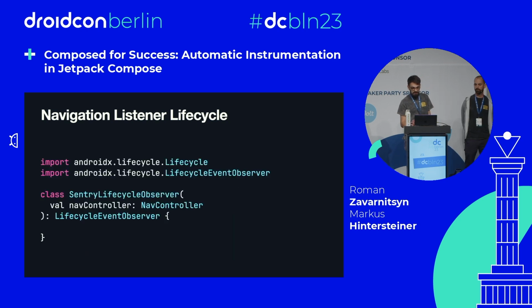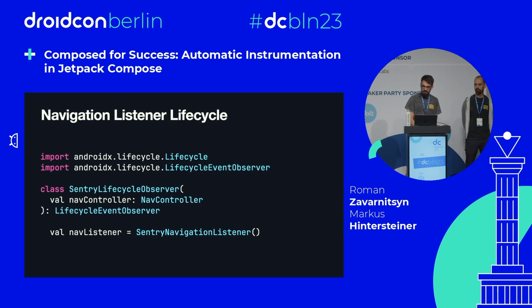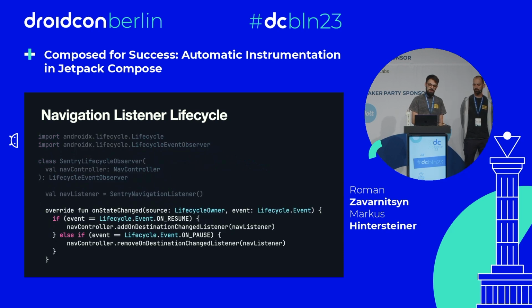To do that, we would use the AndroidX lifecycle library, which provides us with the LifecycleEventObserver, which is a simple interface with a single method onStateChanged, which is called whenever the lifecycle of the activity changes. And we also provide the navigation controller here as a constructor parameter, because we want to use it later. So we would create an instance of the SentryNavigationListener from the previous steps, and we would implement this onStateChanged method,